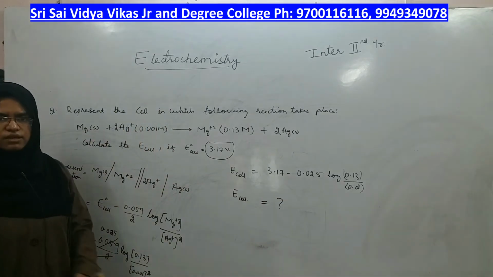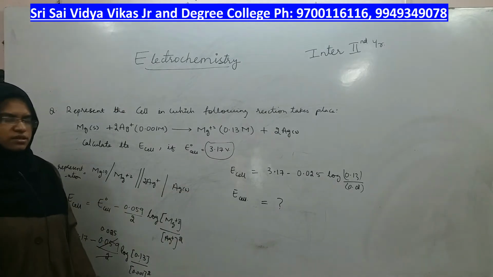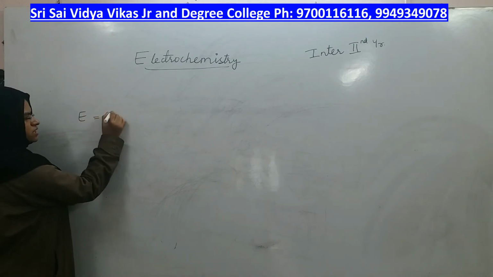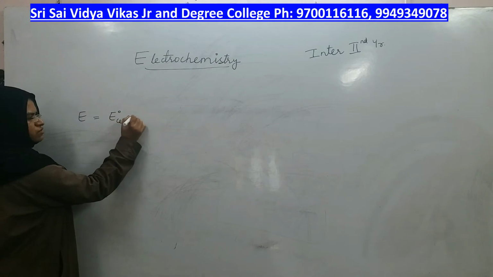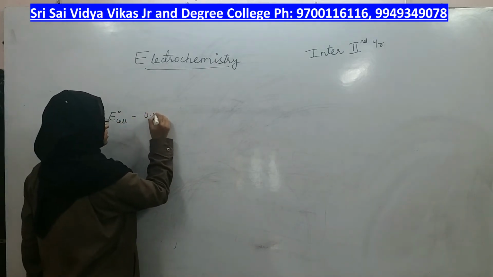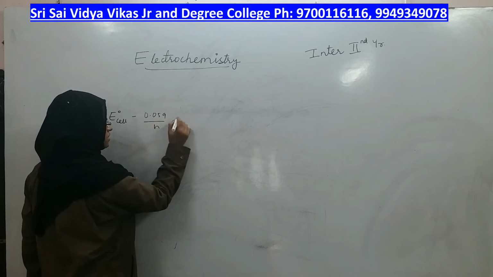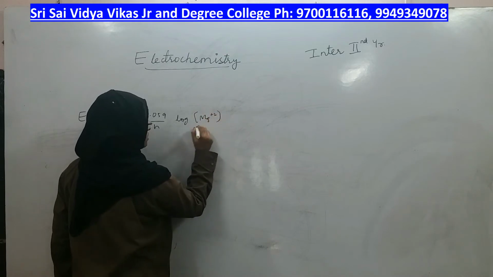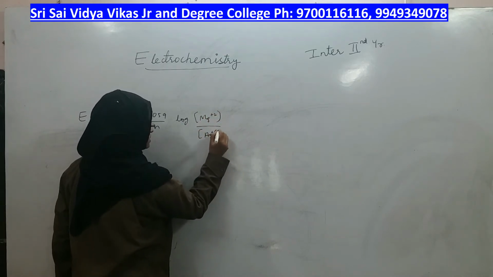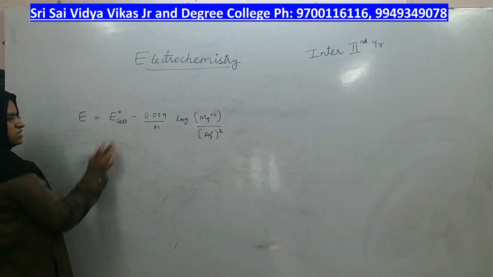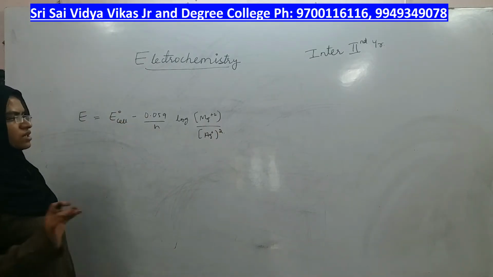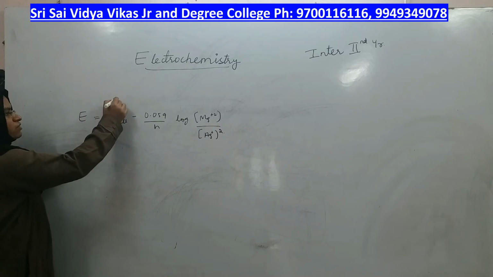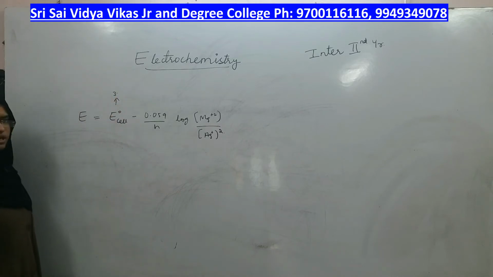Let us look at the other problem by using the other type of equation, okay? Suppose this is the Nernst equation which you have seen in the previous problem, 0.059 by n log of, what was the product there? Magnesium 2+, and what was the reactant? Silver plus. What did they already give? E0 cell they already gave, right? What was the E0 cell value? Some 3 point something was there for the E0 value, right?